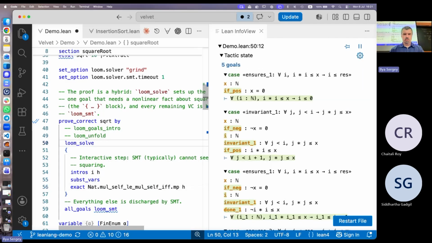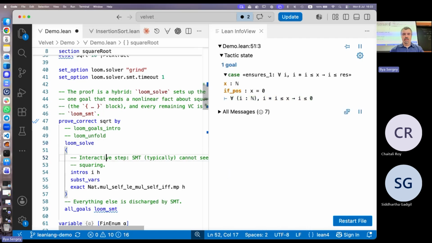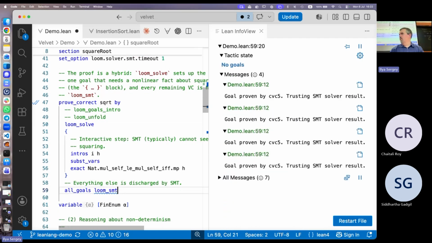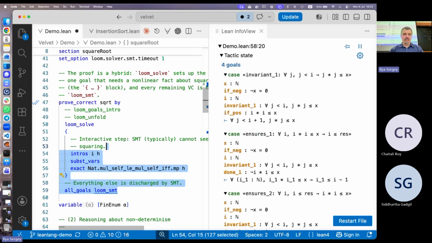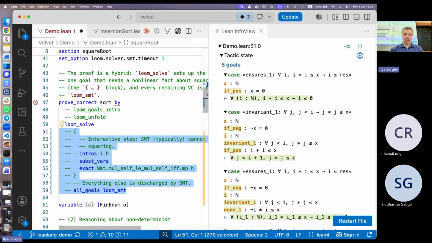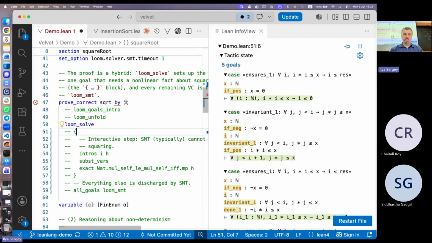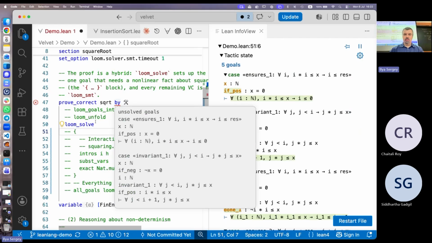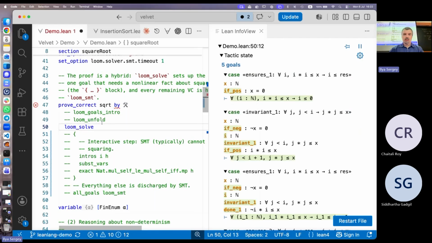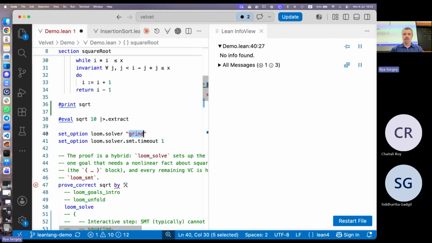It might have been because this is on old Lean. Yeah, exactly, we really need to bump it up. But again, I'm making a point here. If we just specifically bring in SMT, that will make very quick work of everything. In fact, I'm going to show you that. You see it here, it complains, oh, look, you have unsolved goals, right? So you have 5 goals unsolved. But the default solver, something that,